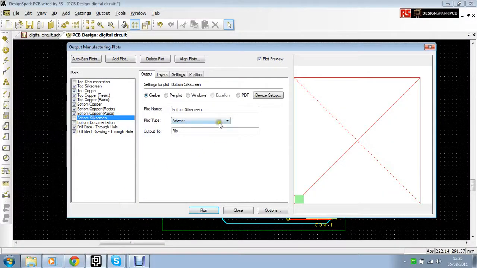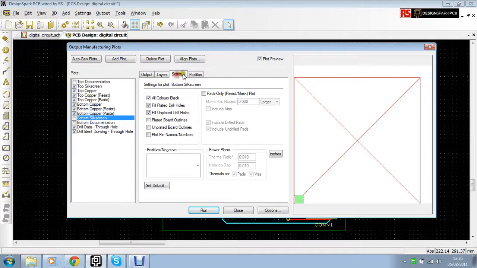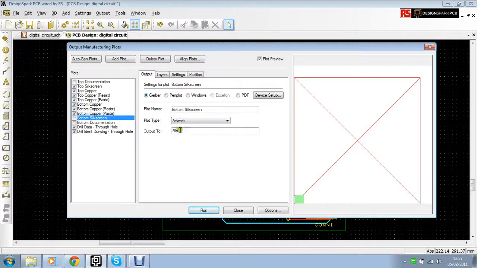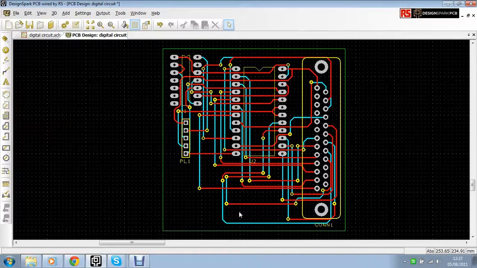Obviously this is something you can read a lot more into by looking at the help files. But for now, I hope you found this video tutorial on manufacturing plots of interest,